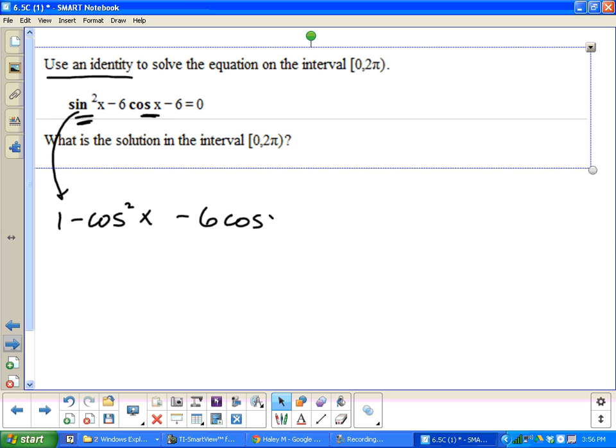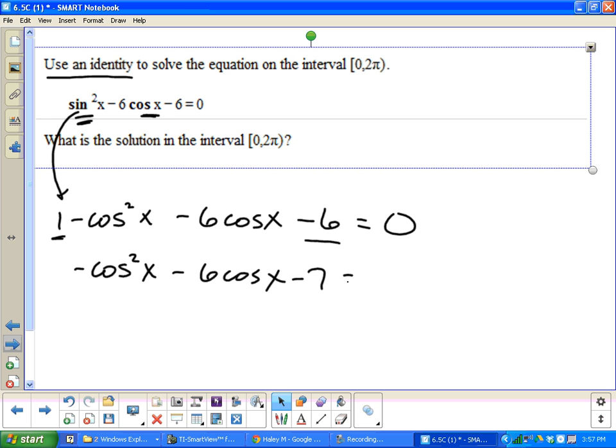Now my equation only has cosines. Okay, so now I can go through and start trying to solve this. Now let's clean it up a little bit. I'm going to combine this 1 with that -6 right there. So that's going to leave me with negative cosine squared x minus 6 cosine x, and then minus 7 equals